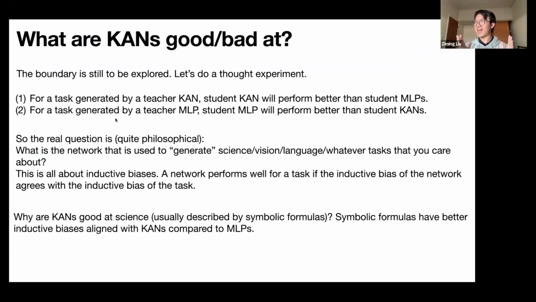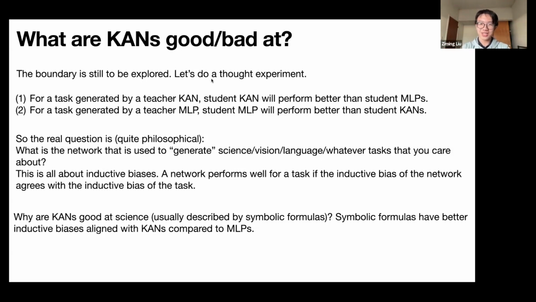So again, I'm not claiming that KANs outperform MLPs in every case. They must be good at representing different classes of functions, and there might be some overlap, and they themselves may have some good functions to represent. To demonstrate that, we can just do a thought experiment, which is physicists' or scientists' favorite thing to do: you don't do the experiment, you just do a thought experiment.